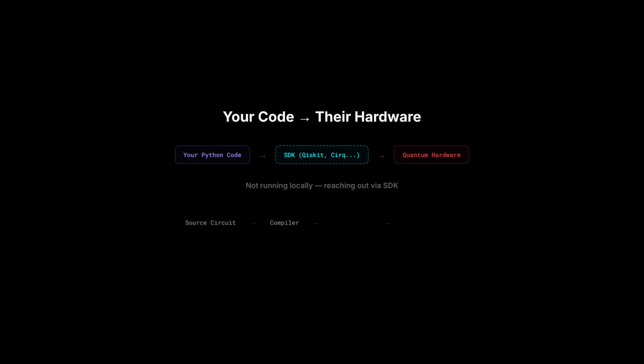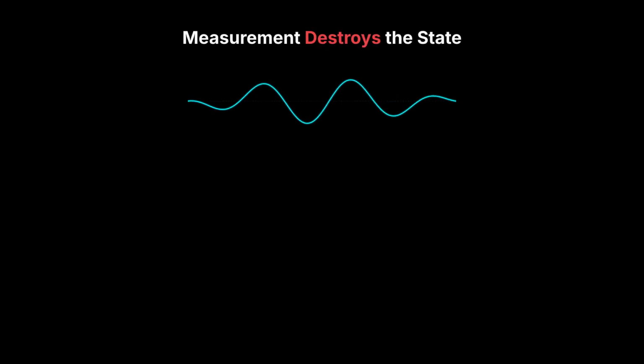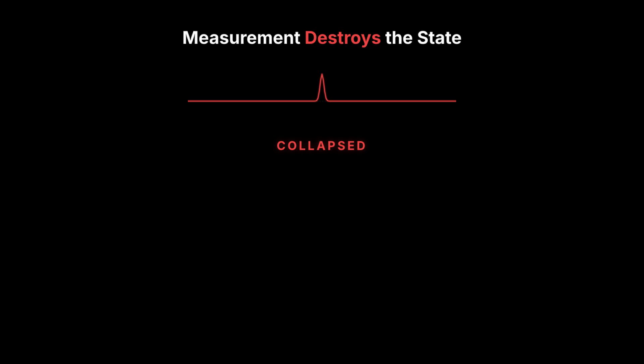Now, some steps to create this circuit would be: you have to write it, it gets compiled, and then it gets mapped to physical qubits on the device. Some extra routing gates may be inserted because hardware connectivity is limited. Now, a key thing to remember is real quantum chips don't have all-to-all connectivity, so where your qubits live physically matters. To execute these quantum circuits, it runs, you take that measurement, and that destroys the quantum state, so the next shot starts from a fresh initialization.